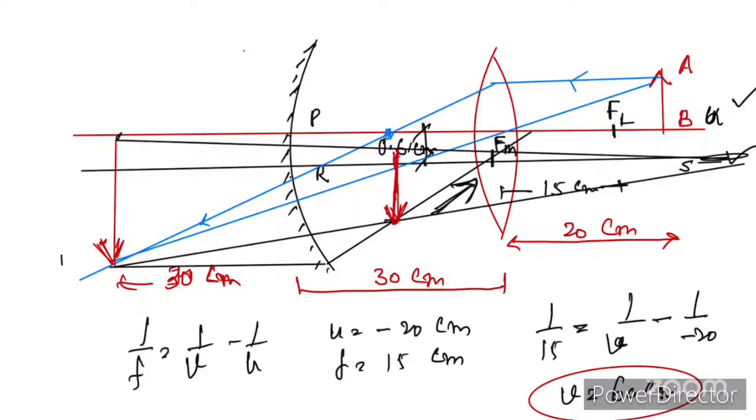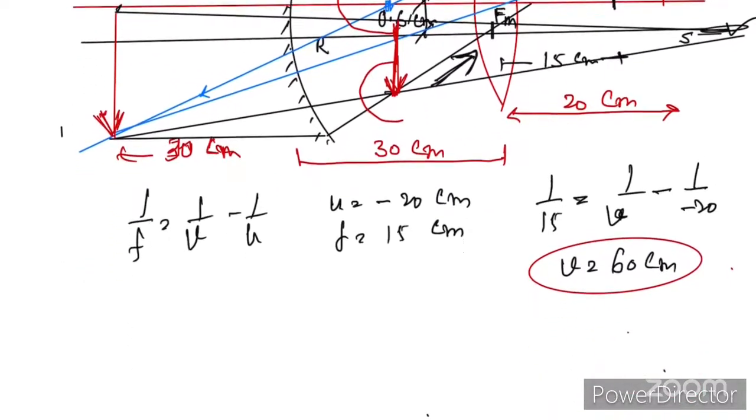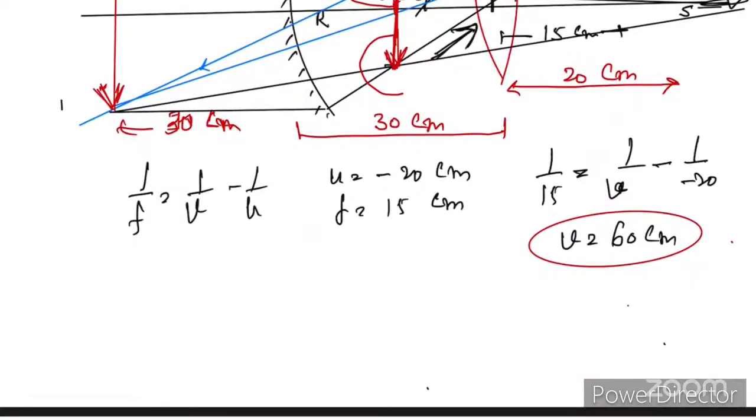Correct. So this is the portion above RS, and this is the portion below RS, and this is what we have to find out. First of all, let us find the distance of the final image. How are we going to find out? That we can find out from the mirror formula, and the mirror formula is like this: 1 upon U plus 1 upon V is equal to 1 upon F, and here